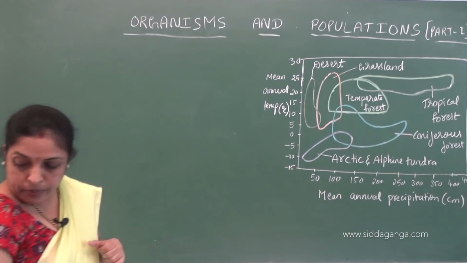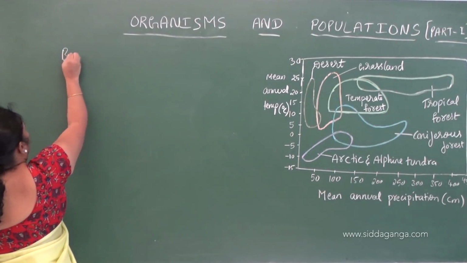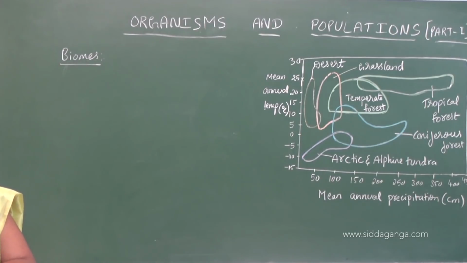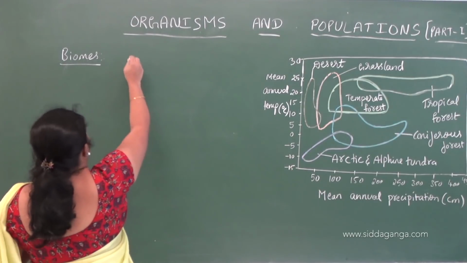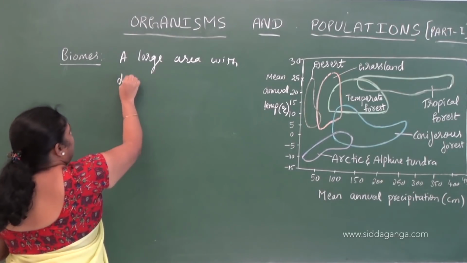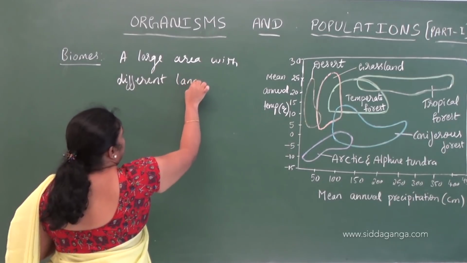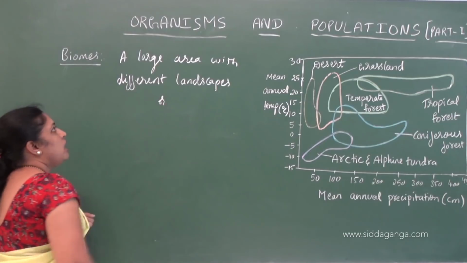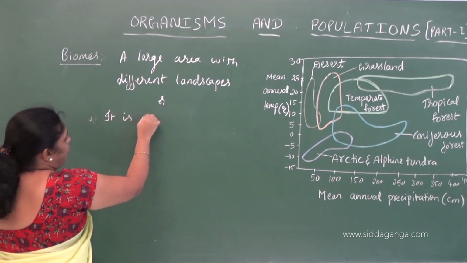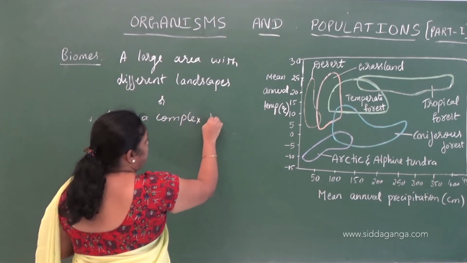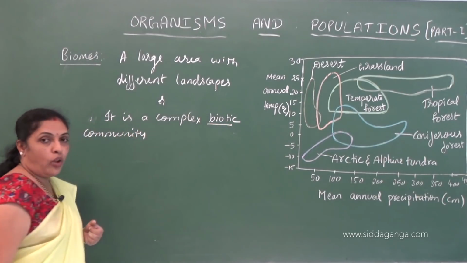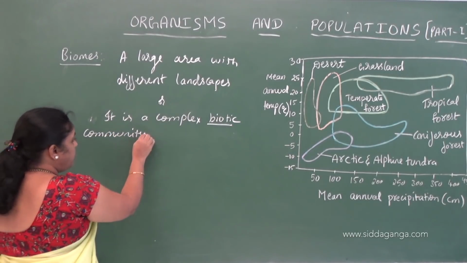Then biomes. Biomes can be defined as a large area with different landscapes. It can be defined as a complex biotic community. Note, biotic means living, abiotic means non-living. It's a complex biotic community